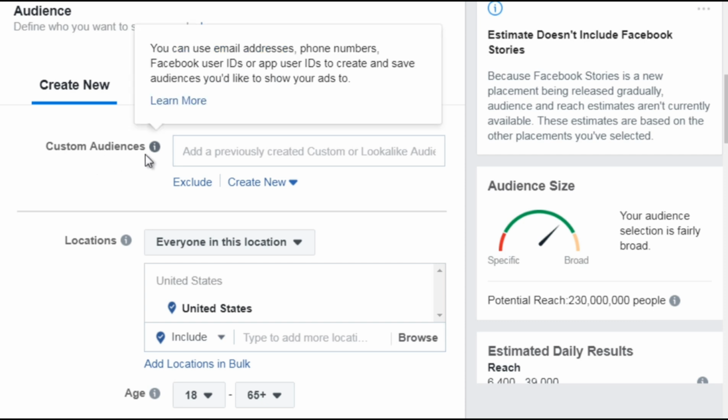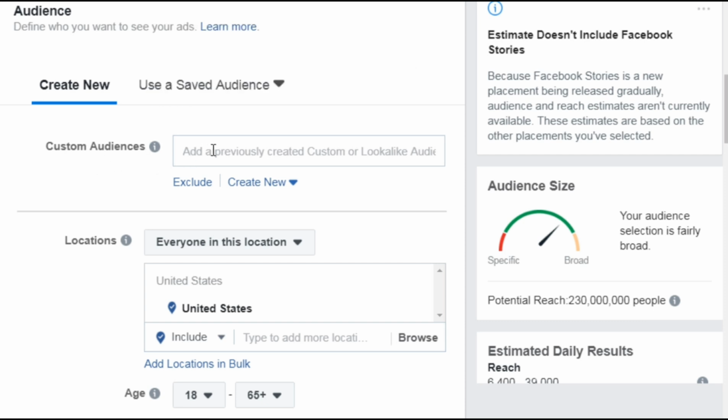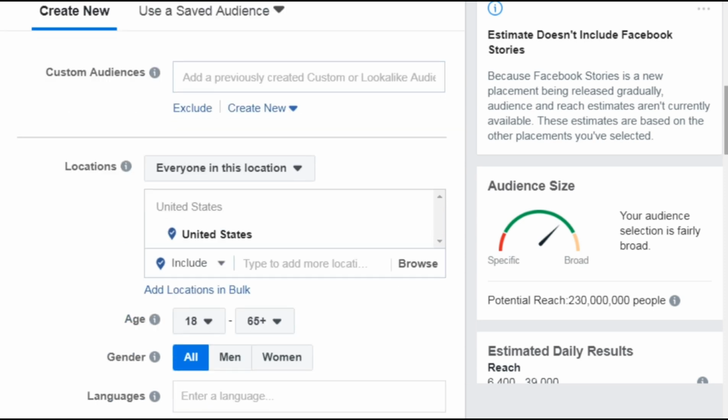So as you can see here, custom audiences, you simply click here and you will be able to choose the custom audience. Now, I'm not going to do that now because I've got several custom audiences in there, but you just click here and then choose the custom audience. And it's really that easy. Now, location allows you to specify a specific location. So if you want to do custom audiences, anybody who visited a specific page, but is also located in the